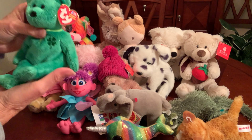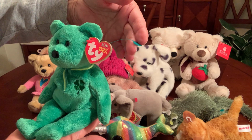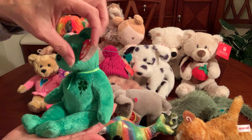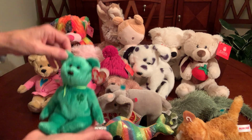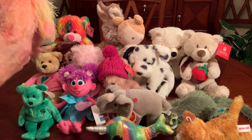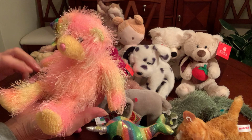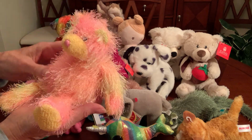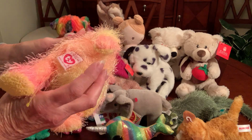And I found Dublin. Now Dublin was $0.25 because he's marked with a green tag. So this is Dublin, the green lucky bear, Irish bear, $0.25. Then I found this little guy. Now, this one is missing its hang tag. This is a tie beanie. But I took a leap of faith on this one because